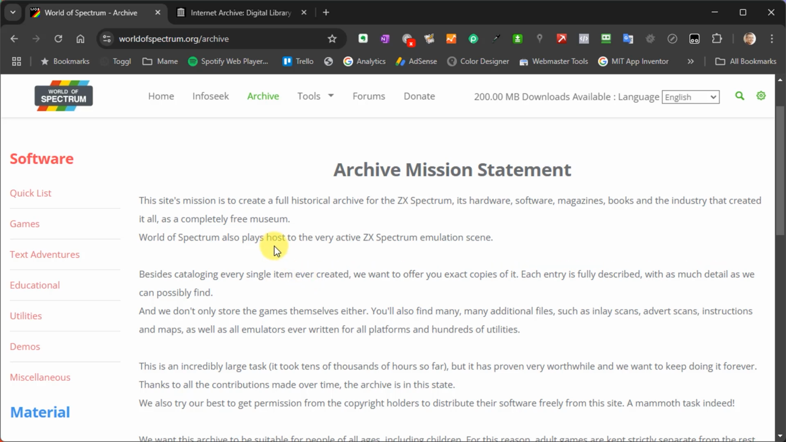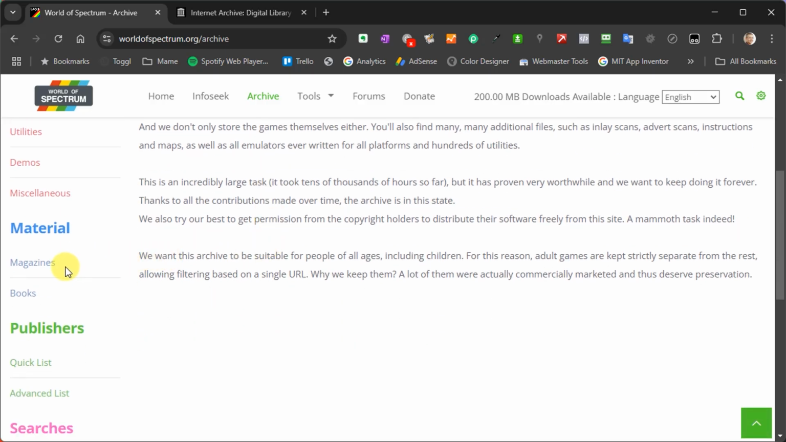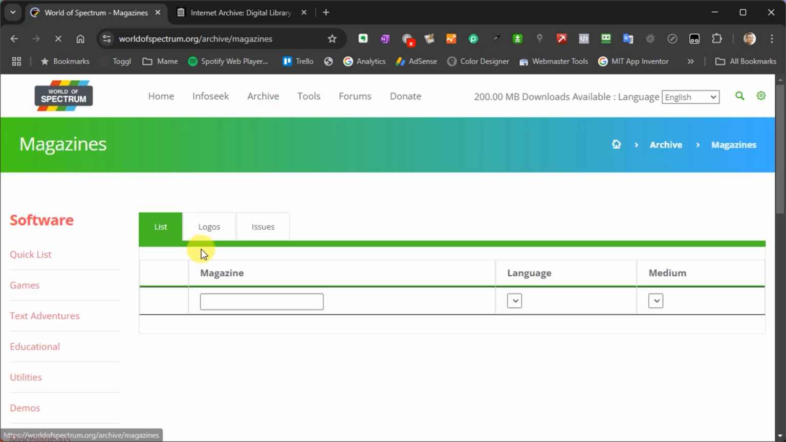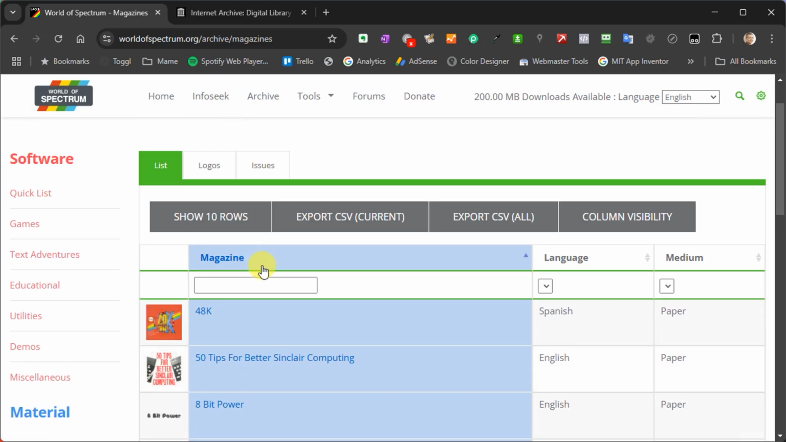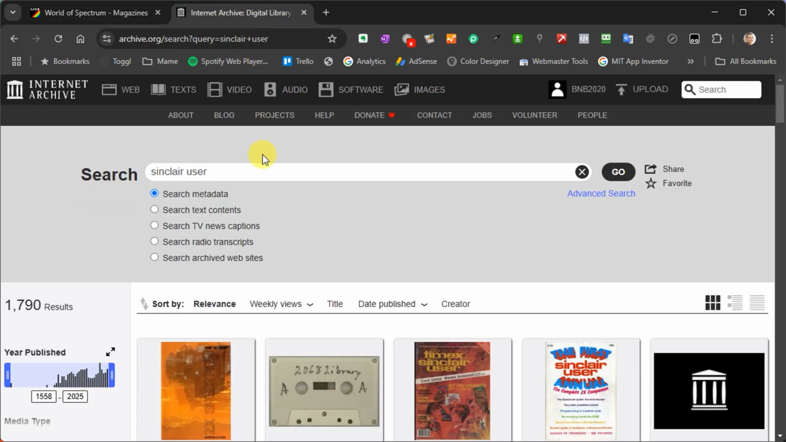So all of this is available legally for you to download. They also then have links across to various magazines and so on. So again, we can start looking through magazines here and seeing what they have available. And again, this is all available online for us to get access to whenever we want. I'm also going to have a look over in the Internet Archive,